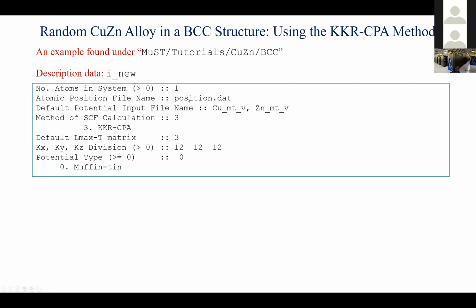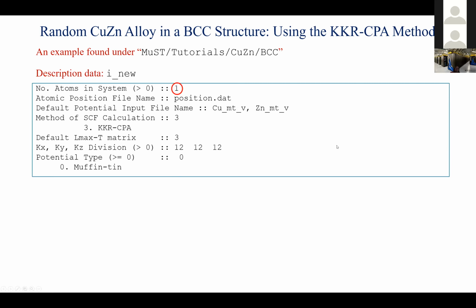Position data is given by this name. All right. The starting potential is copper and zinc, which is provided. The method I'm going to choose is number 3, which means the KKR CPA method, and the few other parameters you control determine how you do the cutoff for the angular momentum and the k-space integration parameters. All this is set in this